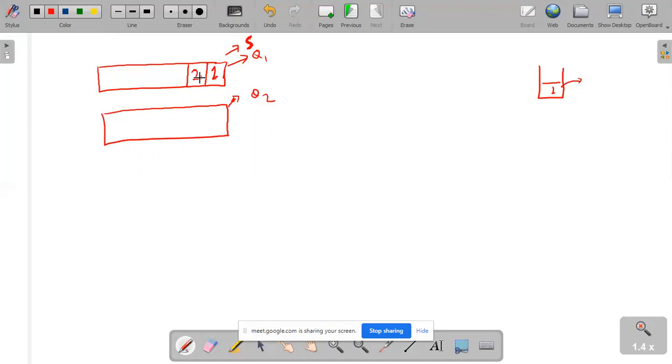In case of stack, what is inserted last should be popped out first. So can we do something like this? If 2 is coming, I'll insert 2 here, and I'll dequeue from here and insert it here.